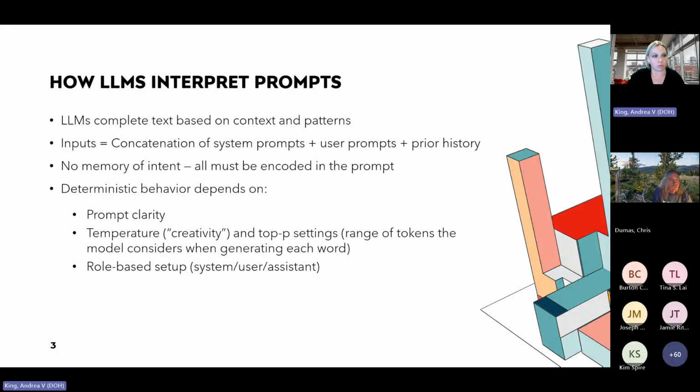So LLMs interpret prompts based on the text that you've given and the context and patterns. And so the inputs are basically the concatenation of the system prompts, the user prompts, and the prior history of what you've been doing in your session so far. And there's no real memory of intent here. These models are not smart, truly. They're your helper robots. They complete things in a